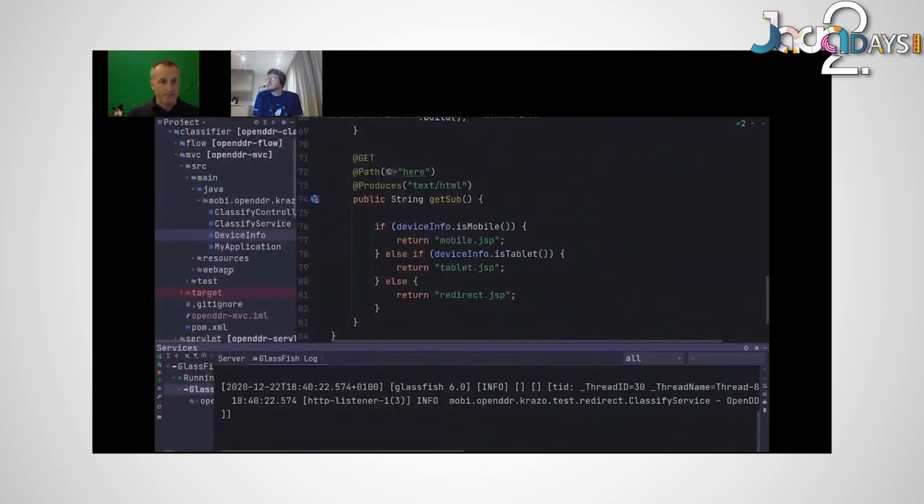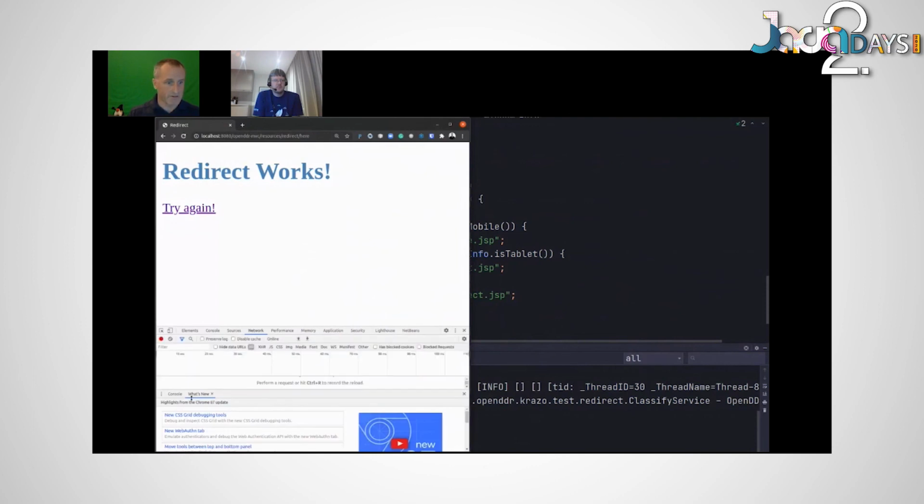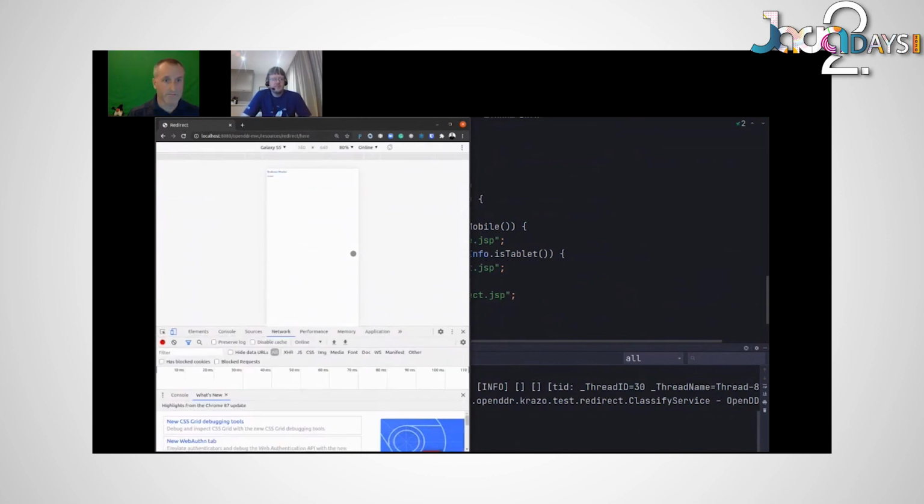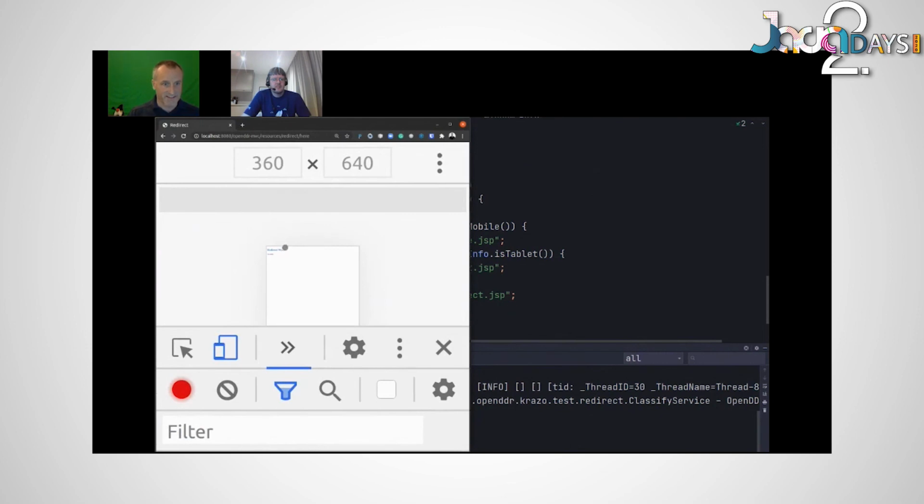If I wanted to change which device I'm running here, I'll just use the developer tools in Chrome to simulate that I'm using a Galaxy S5. I'll just beef this up a little. So, okay, you can see I'm running a Galaxy S5 and I'm clicking the try it now link, and I hope that you can see somewhere down here that it says redirect to